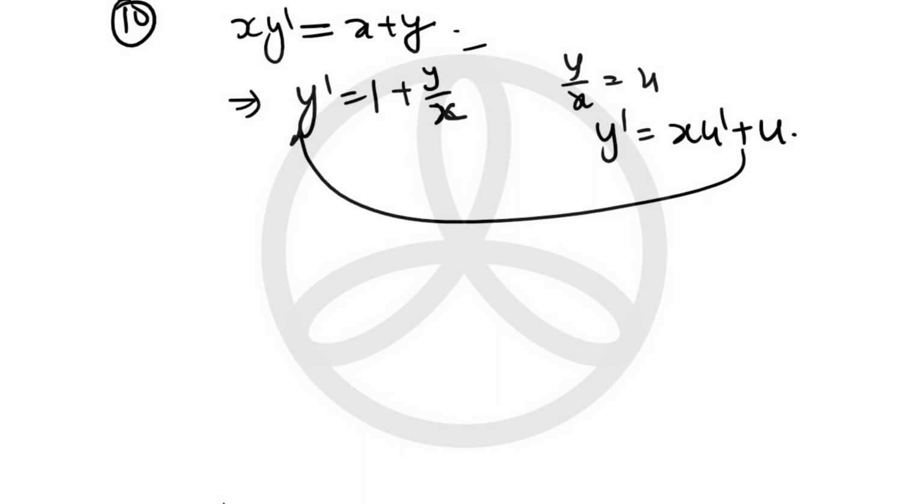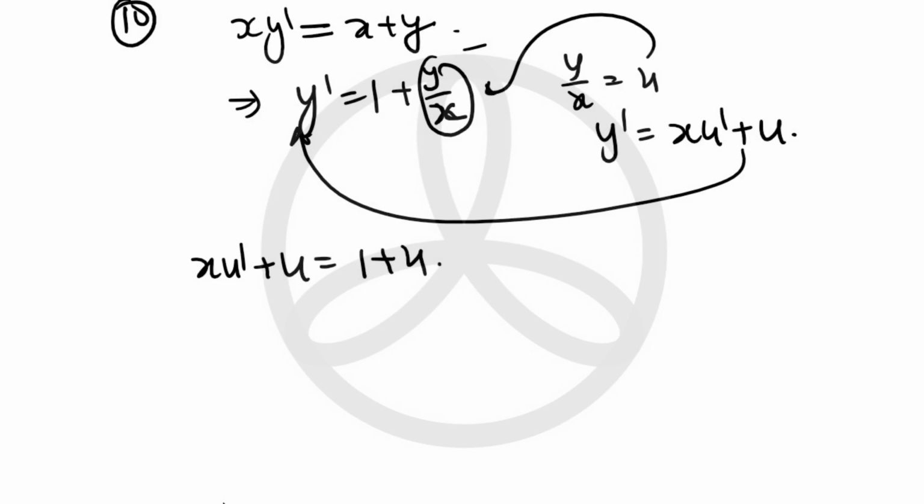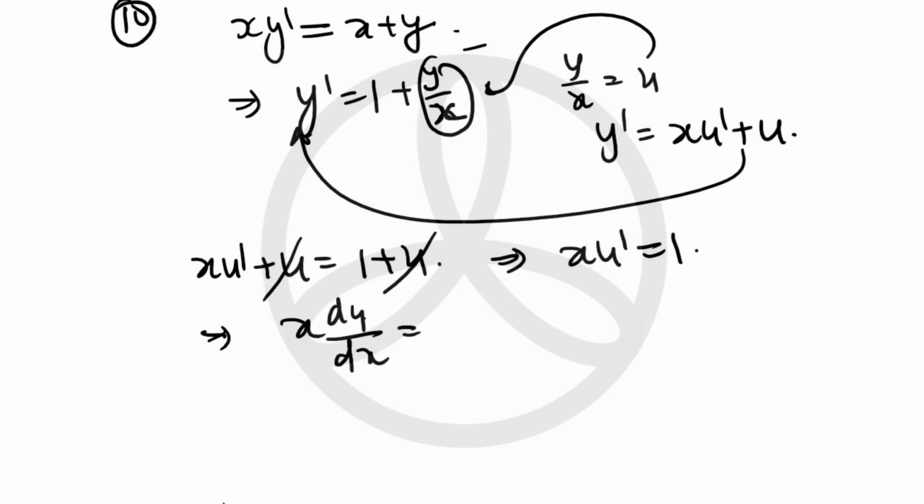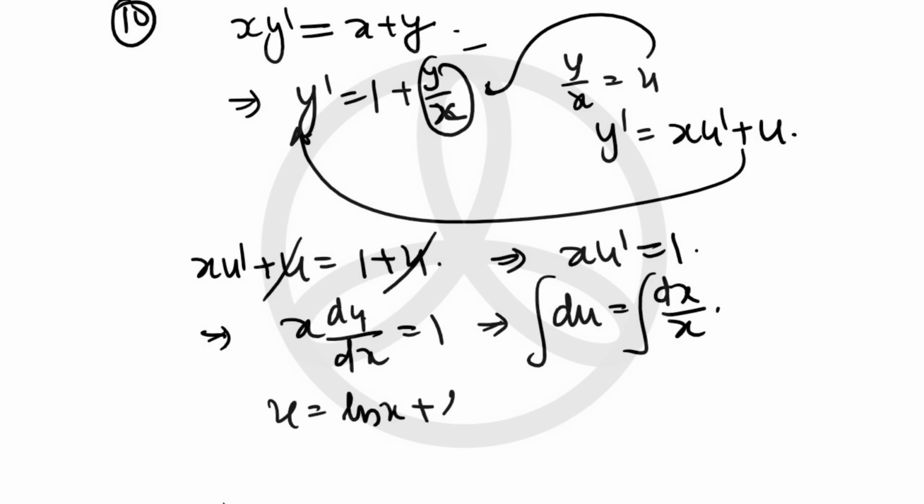So we substitute here, and then we substitute u here, and we get x u prime + u = 1 + u, and this goes off, and we get x u prime = 1, or x du/dx = 1, or du = dx/x. When we apply integration, we get u = ln x + a constant of ln c,